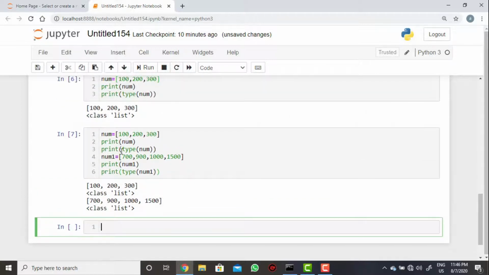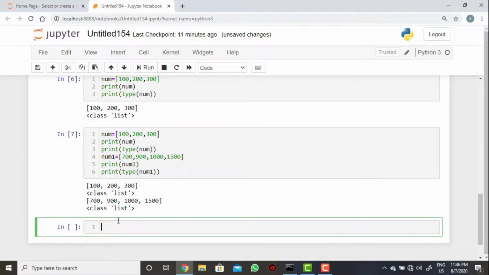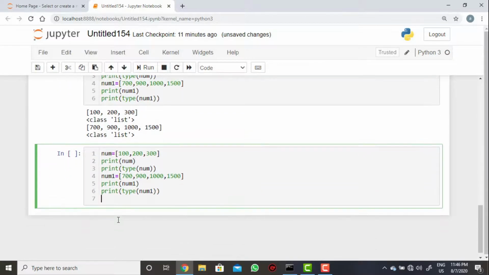Now I want to append this num1 into the num list. So num dot append of which one we need to append? The append argument is num1, that is list 2.